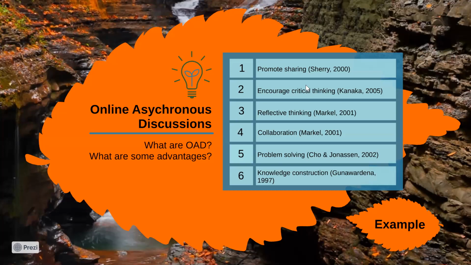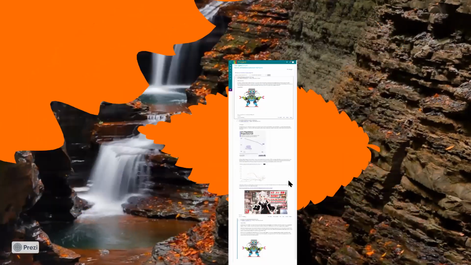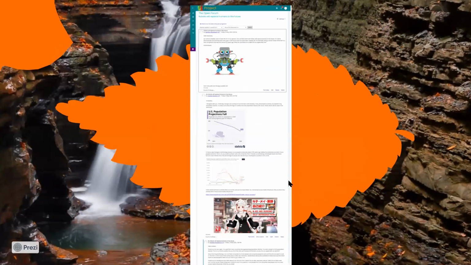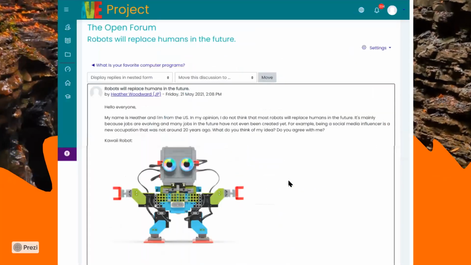Some advantages of online asynchronous discussions are, first, for students, it promotes sharing and it encourages critical thinking. Next, it helps students to think reflectively, and it can help them collaborate, problem solve, and it helps with knowledge construction. So now we're going to show you an example of what an open forum looks like on the IVE project. This is a